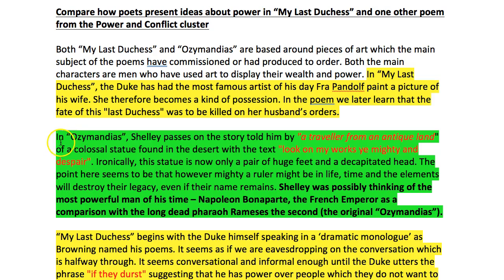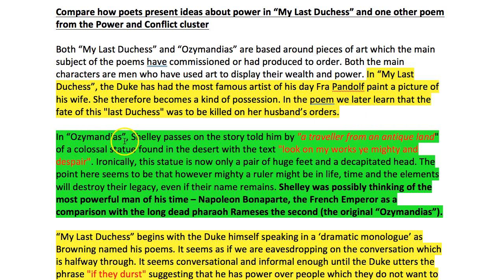Right. The other thing he's done, which I really hate, is he said it's in the poem. Well, the examiner knows that because they've asked you to write about this poem and the other poem, and so they know it's a poem. Don't tell the examiner stuff that any fool should know. So my apologies to the teacher, but don't do that.